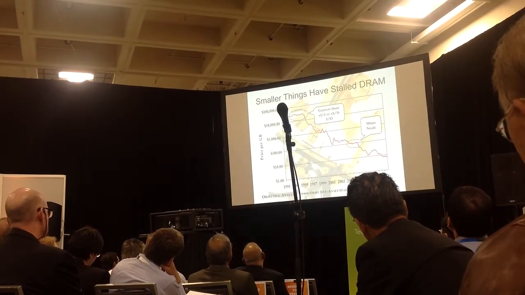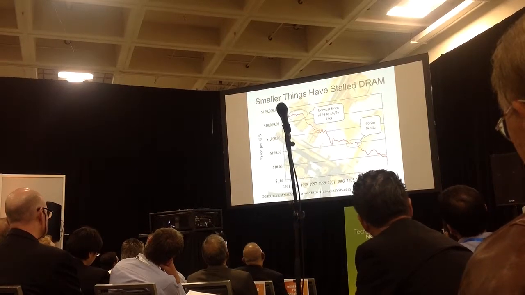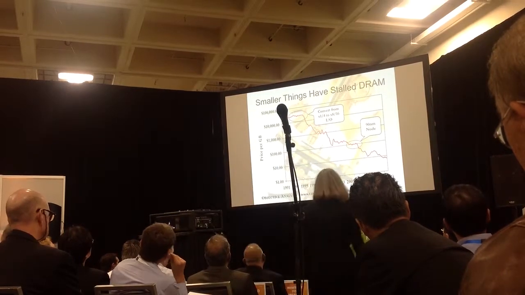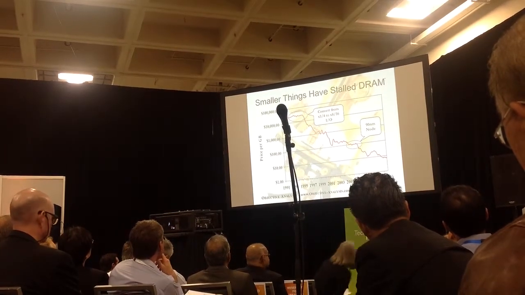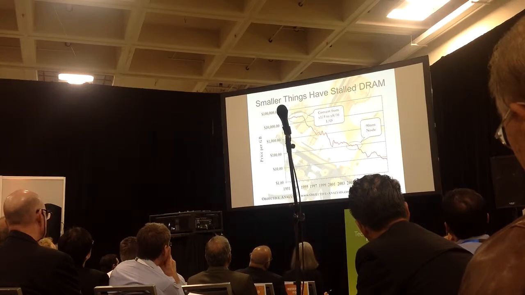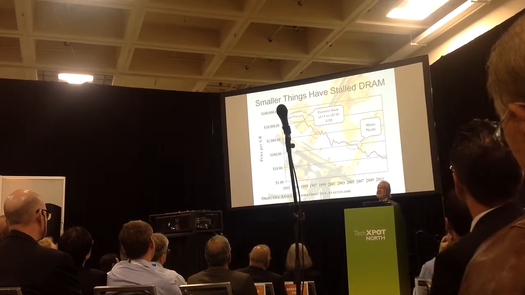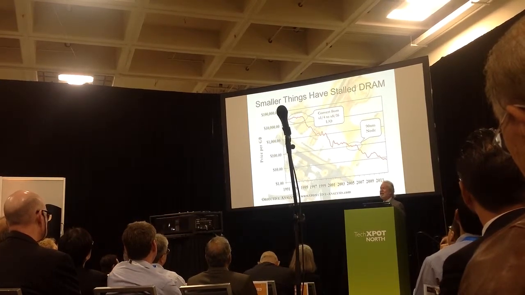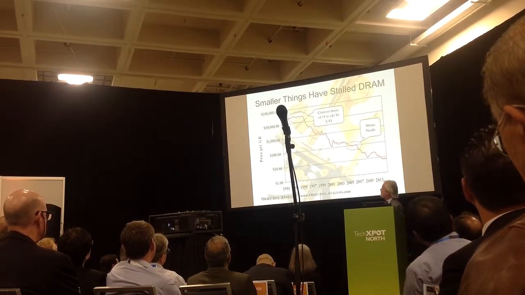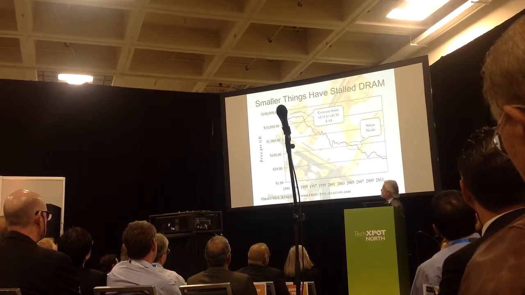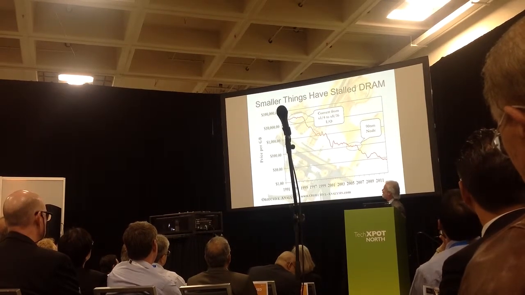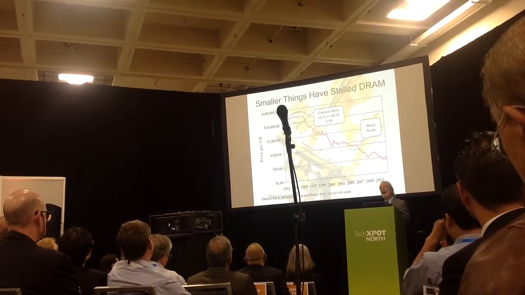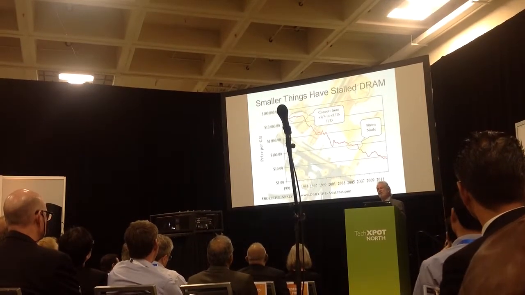Now, I like to look back at DRAM to see what went on, what is likely to go on with NAND flash. I think there's a very good proxy. They're very similar kinds of markets. This is the price per gigabyte of DRAM over the history that WSTS has tracked it. And this is 1991 out through 2011. You can see that it follows a kind of a lumpy line, but since it's on a semi-log chart, it kind of follows a straight line along here. I'll show more of that later. That is actually kind of the way that the cost moves for DRAM.